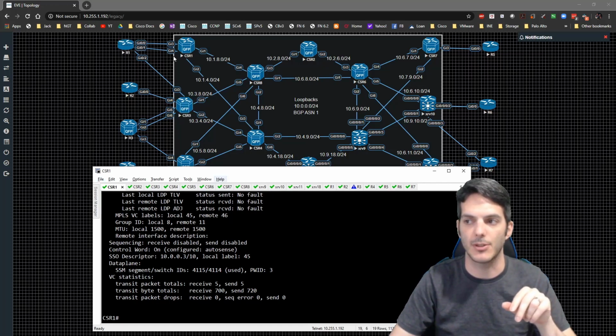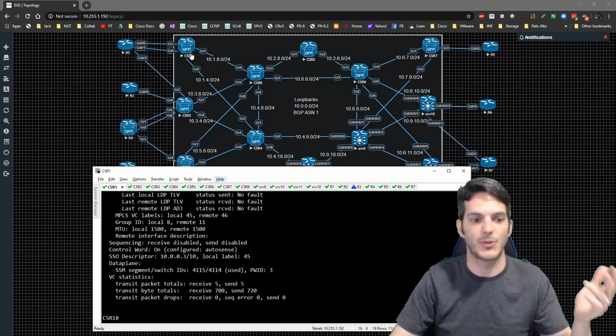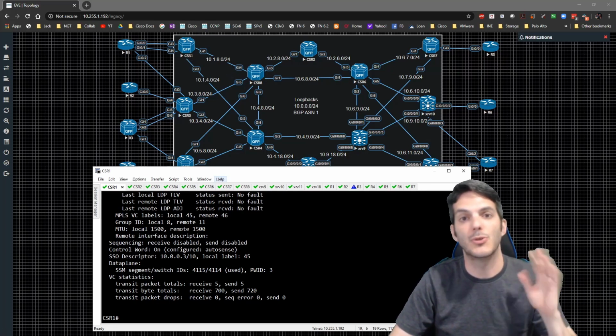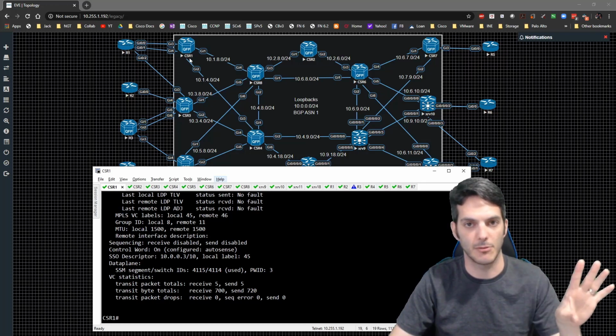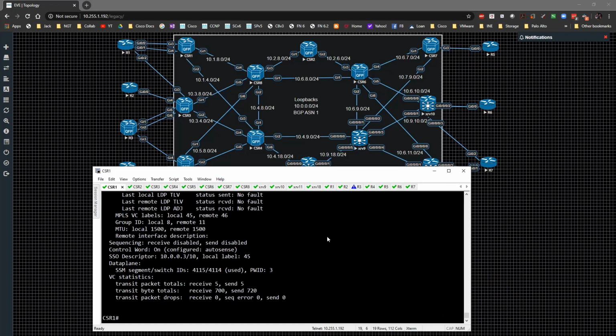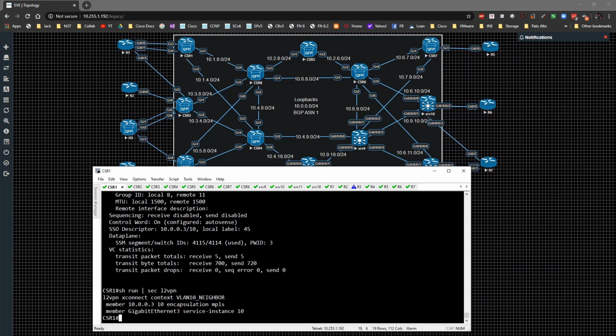So it's not going to be a second pseudowire or attachment circuit. This is just going to be redundancy inside of another pseudowire in the event that the first one goes down because of whatever happens. So this will be pseudowire redundancy. This won't be attachment circuit redundancy. So the way that I'm going to do this is do show run section L2VPN,